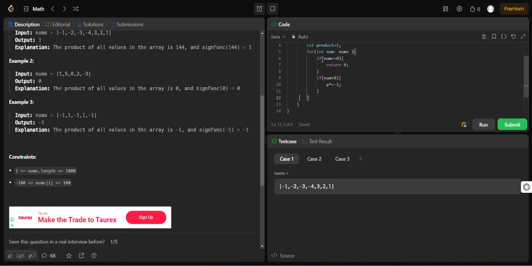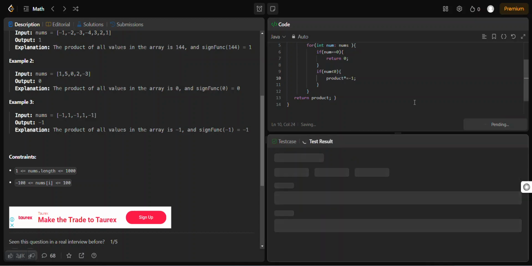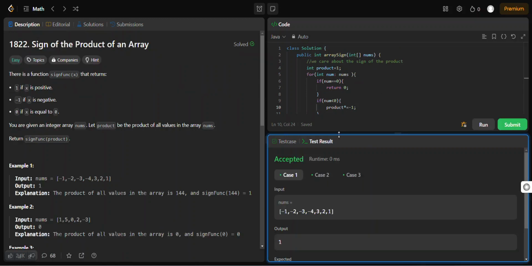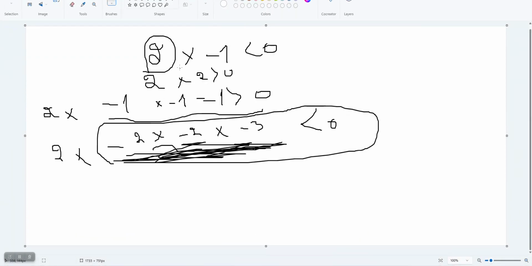So if we return here the product P, okay, and this will be product. Okay, so we are going to check. Okay, so accepted. The idea here is what? We only care about what? The number of